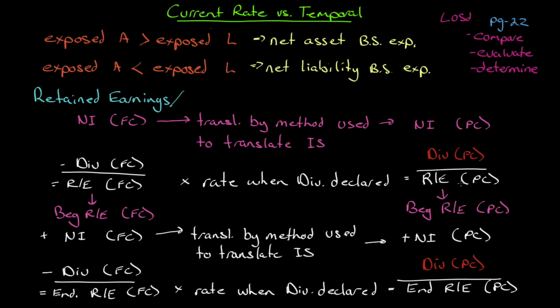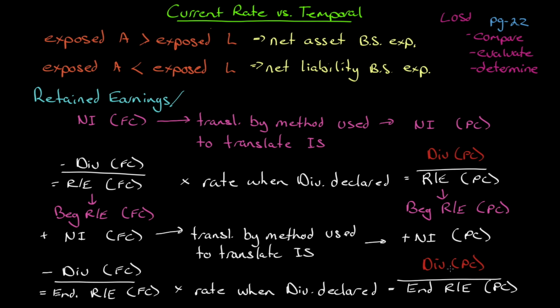And of course, the ending retained earnings in the presentation currency is the beginning retained earnings for the next year. You add your net income in whatever method you use to translate the income statement. You minus your dividend. Again, the dividend is at the rate when the dividend was declared, and that'll give you your ending retained earnings. So you'll translate your income statement in whatever method that you want. The only difference with retained earnings over all the accounts is that you're using the rate on the date that